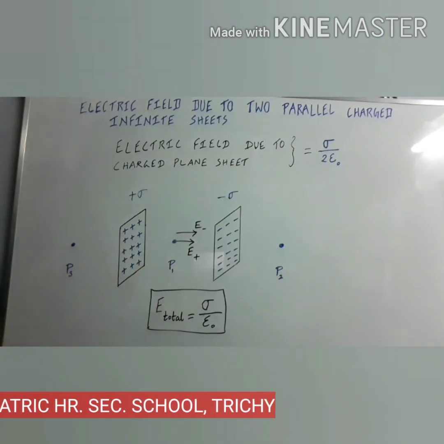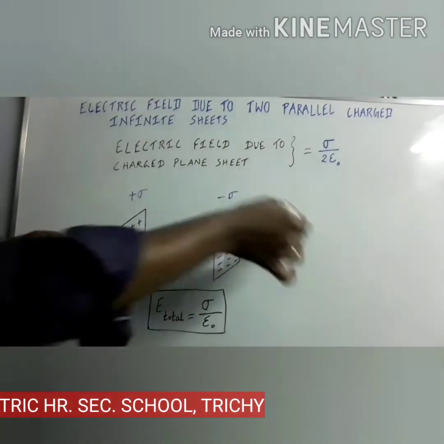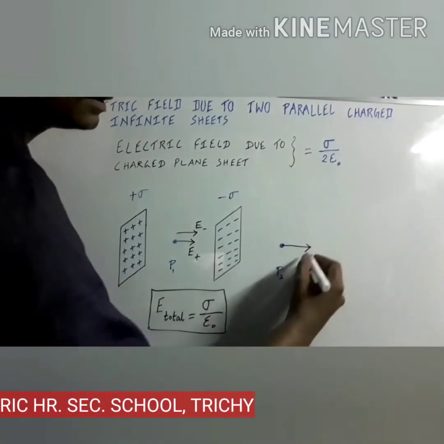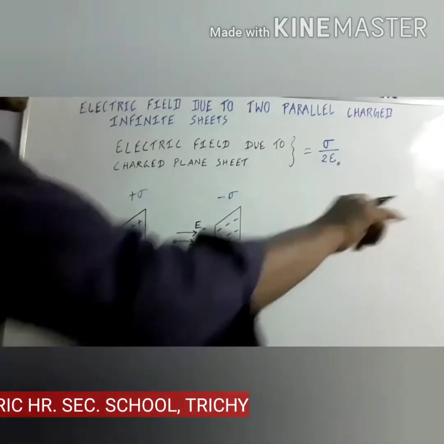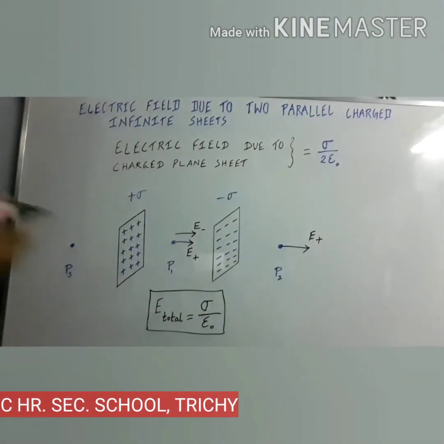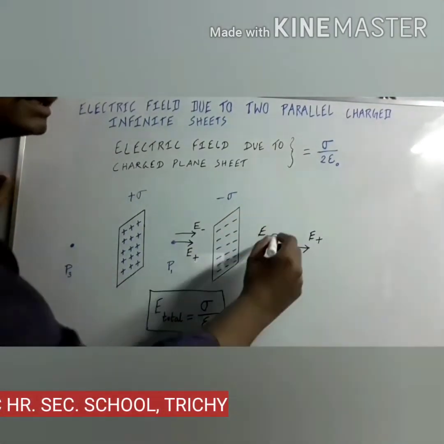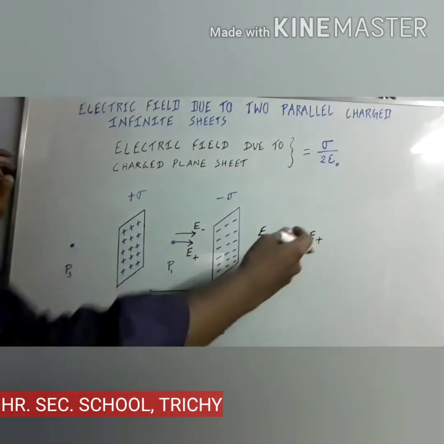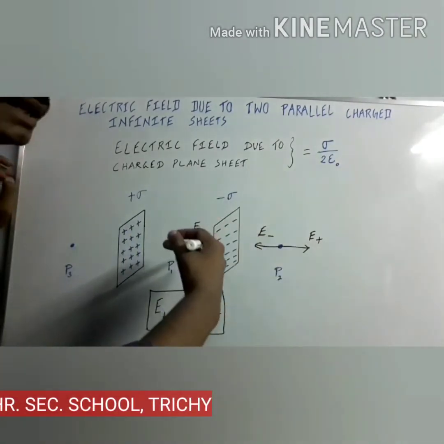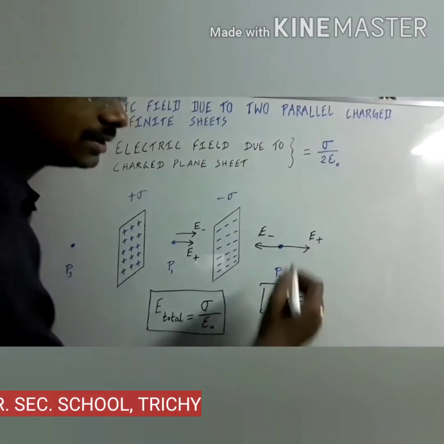Now let us find the total electric field at the point P2. Due to the positively charged plane sheet, what will be the electric field? What is the direction of the electric field at the point P2? It acts outwards. So the direction of the electric field provided by the positively charged sheet will act in this direction. And P2 is near the negatively charged plane sheet. What is the direction? It acts inwards. So the electric field which is given by the negatively charged plane sheet acts in this direction. Both have the same magnitude and both are acting in opposite directions, so they cancel each other. One has a positive value, the other we take as a negative value. So both can be cancelled. The total electric field at point P2 will be equal to 0.